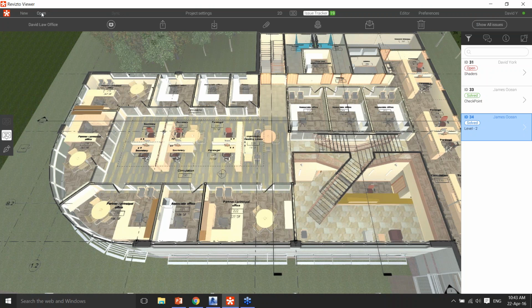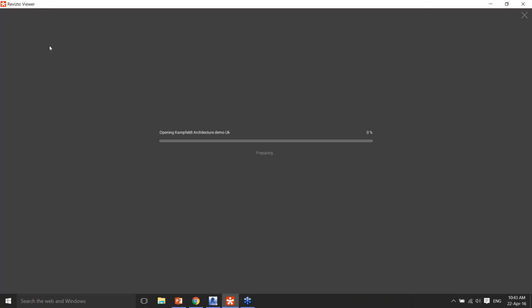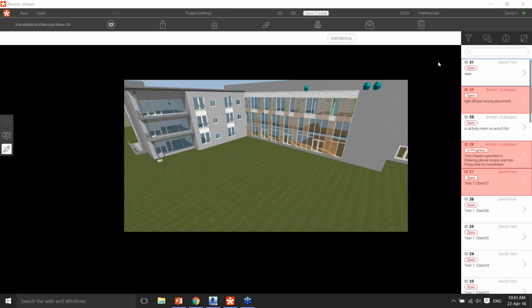If I come over here to open, it brings me back to my workspace. I've got the Camfield architecture demo UK, which is the model that I linked earlier. I'm going to open that up. Again, it takes us into the issue tracker as it did before. And you see within issue tracker, I've got a couple of the issues on the right-hand side here that are